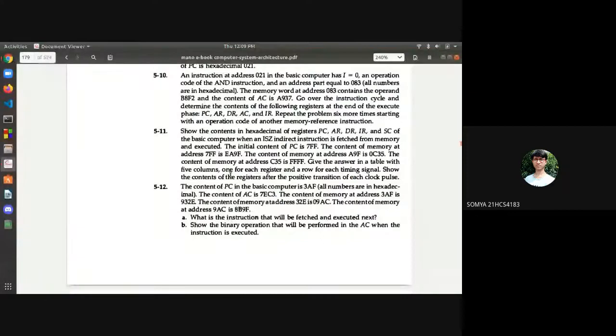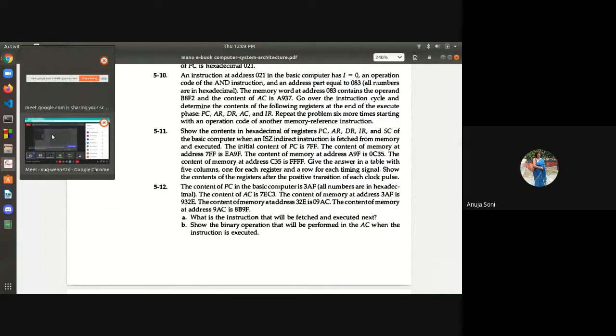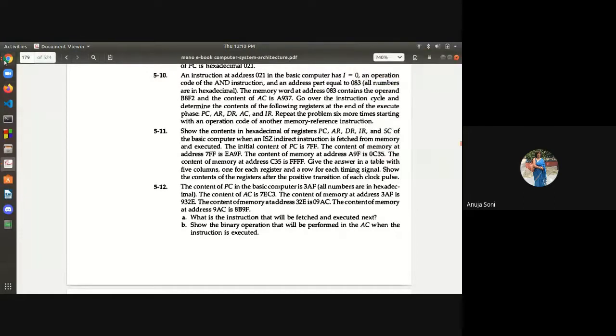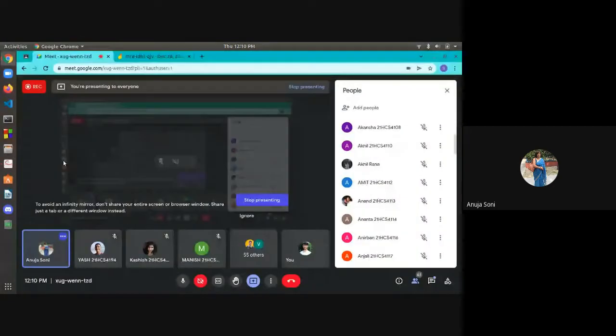So in this question we are given, ये बेटा, show the contents. Yes ma'am. ये साउंड किसकी आ रही है? बैकएंड से साउंड आ रही है कोई? देखिए. One second. Now it's better. Comparatively better. Yes. Now explain. Yes ma'am.